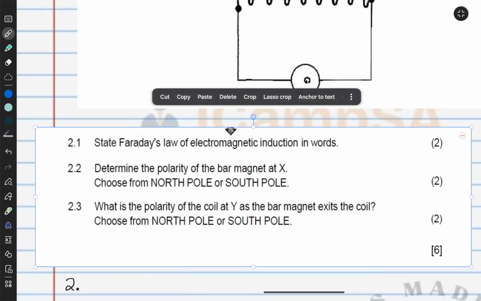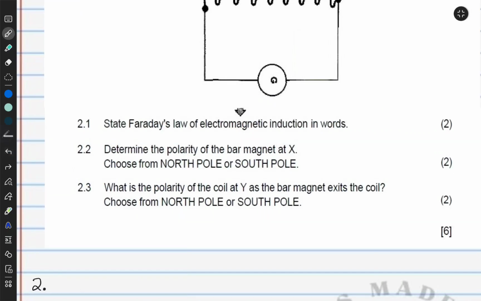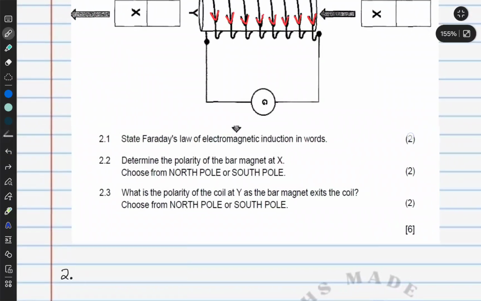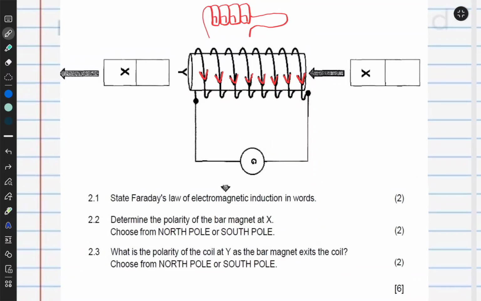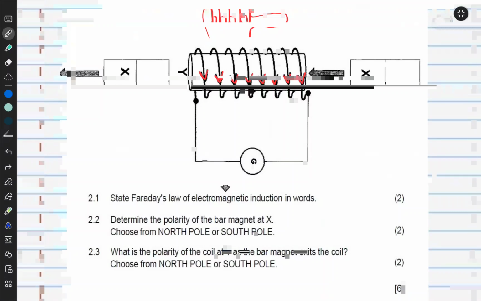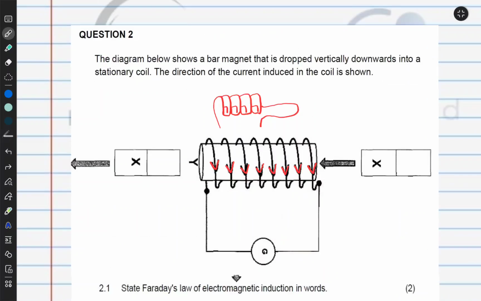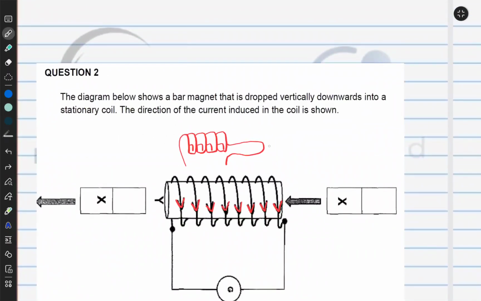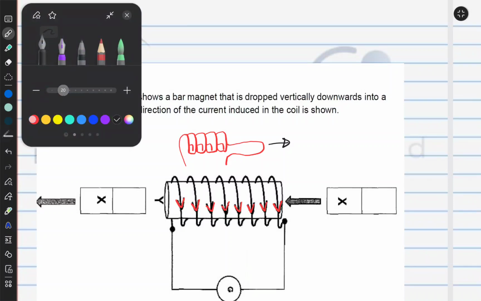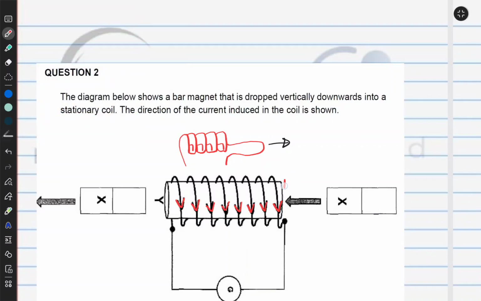Here's 2.2. Yes. So we are asked to determine the polarity of the bar magnet at X. Choose from North Pole or South Pole. Okay. All right. So remember what we said. Our thumb is always pointing to the north pole of the coil. So we will have a north pole here, right? And then now,